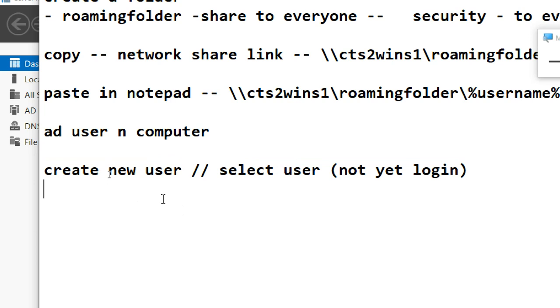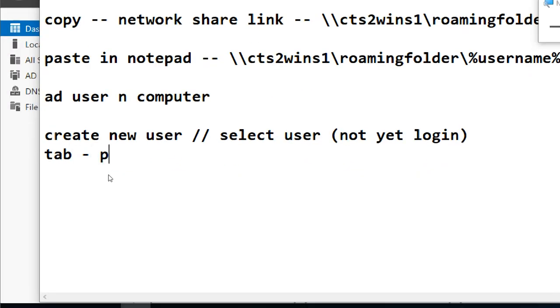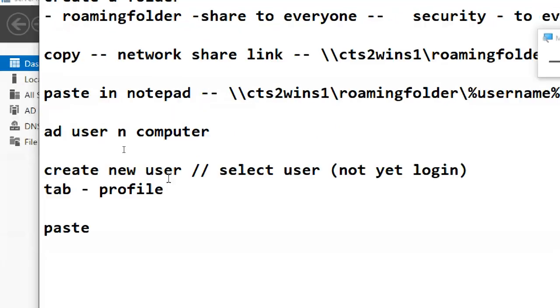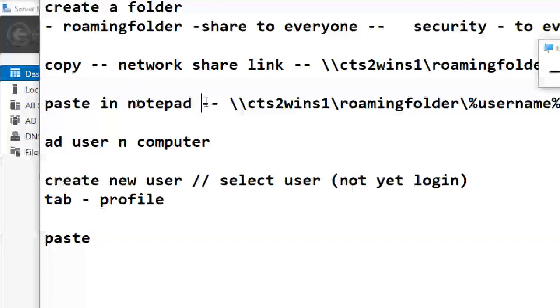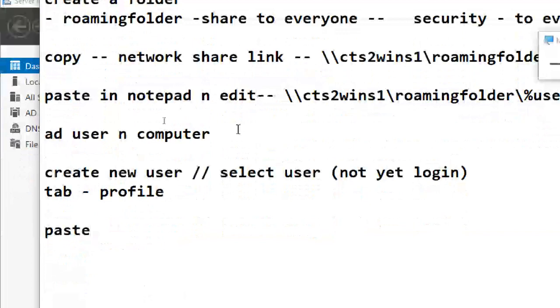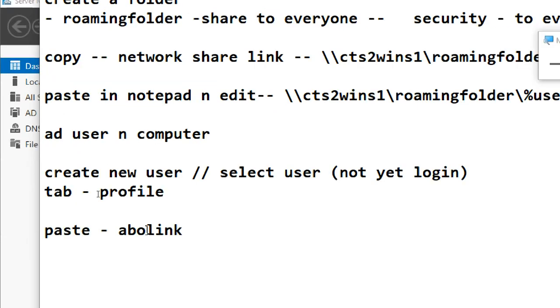Okay, then go to the tab. Which tab is it? The profile tab. So go to the profile tab and paste the above link from notepad.